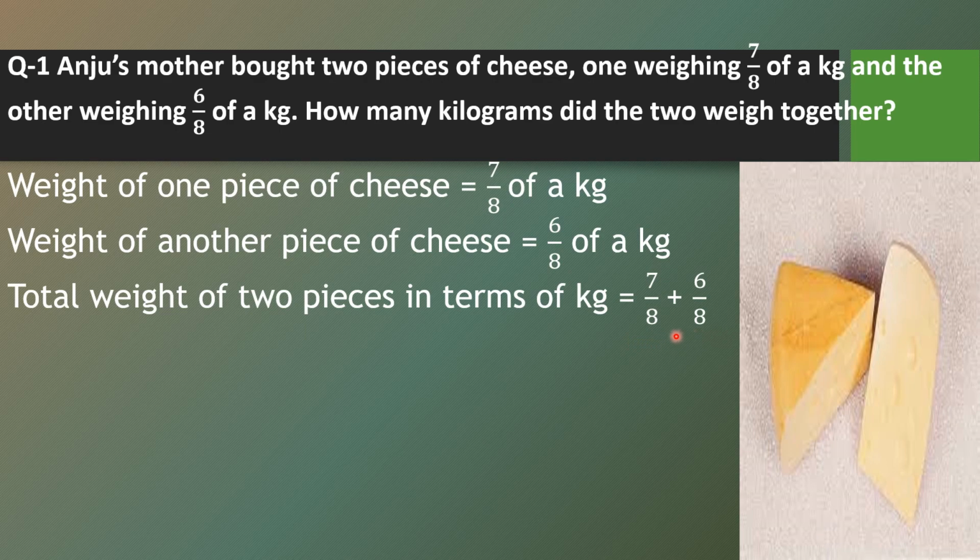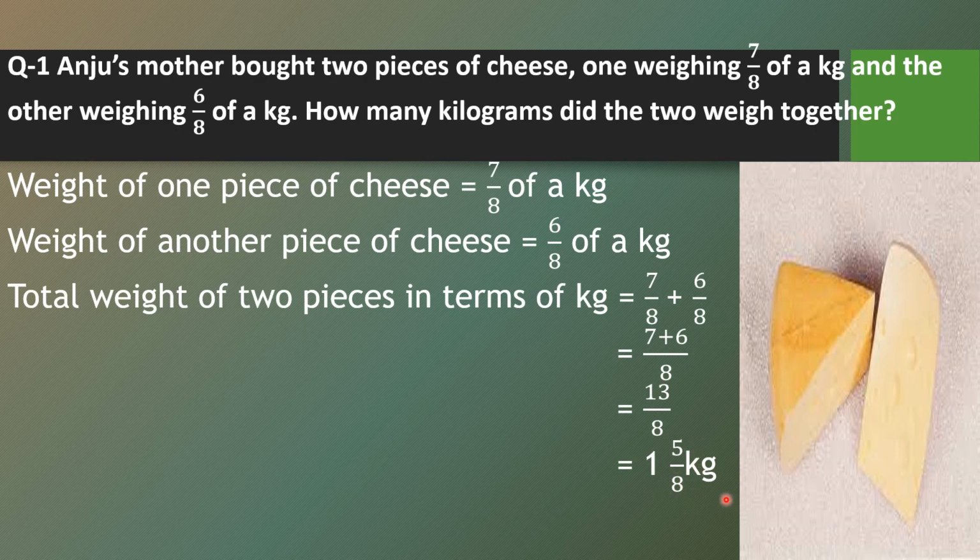So how will we do it? The final denominator will be 8, the same as this, and 7 plus 6 we will add the numerators. So here 13 by 8, and 13 by 8 is an improper fraction. So we will convert this improper fraction into a mixed number. It is very important. We will divide 13 by 8. So try it orally. 8 ones are 8. So 1 is a whole number. 13 minus 8 equals 5. It means 1 and 5 by 8 kilogram.